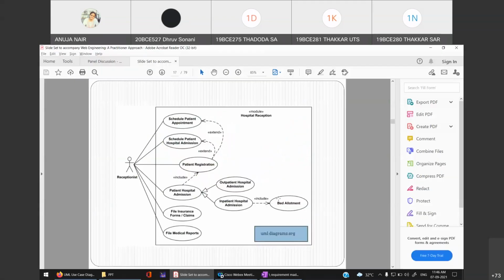So yes, this is a diagram of a hospital management system. So you know it is very much clear now. You know how to read the diagram. So you can do that later on whenever I'll send the PPT. Right now, I'll talk about user stories. Let me just find out the document for that. Give me 2 minutes.